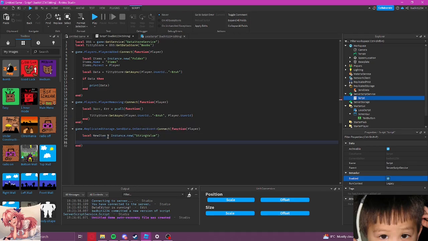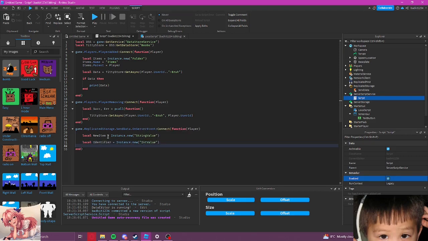We have to get a name later on, I guess. But first, local identifier equals Instance.new int value.